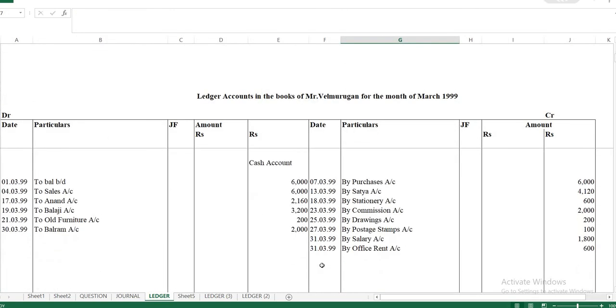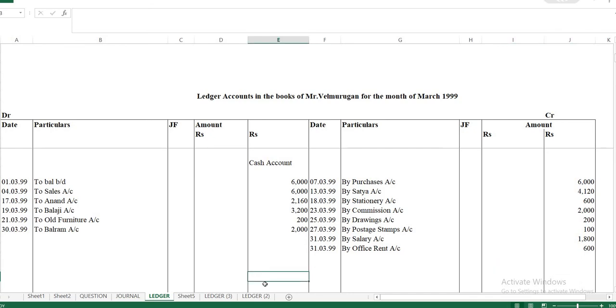Now with this, our problem has not got over. You have to balance the accounts. How to balance? You just see debit and all, you just total. Credit and all, you just total. Which side you are getting higher amount, that amount you fill it up just like a box, you give it up. You have to give a box. Okay, here you have to give a box.